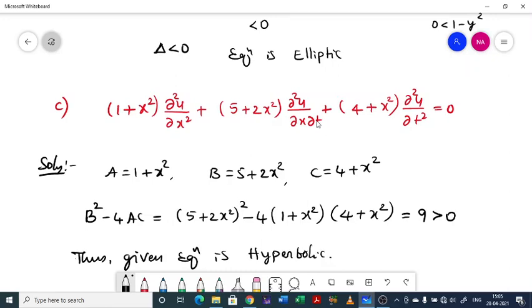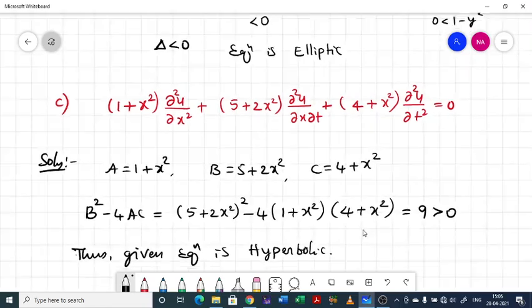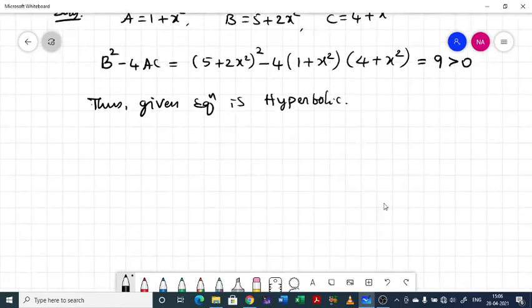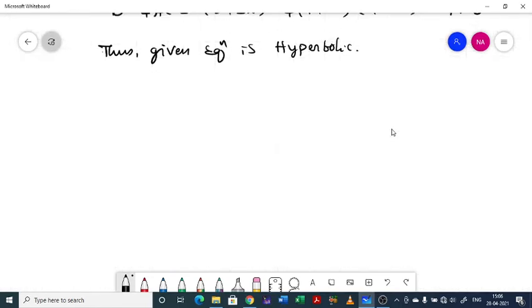Okay, next. With this classification of linear second order partial differential equations, we restrict ourselves to three main differential equations that we are going to consider in future in this course. So let us check the nature of those equations. First one, D, is the given equation. This is called the wave equation.